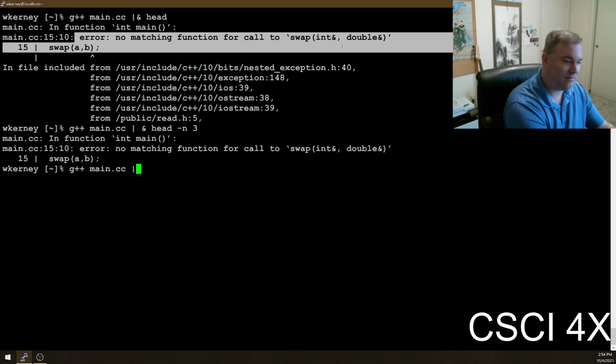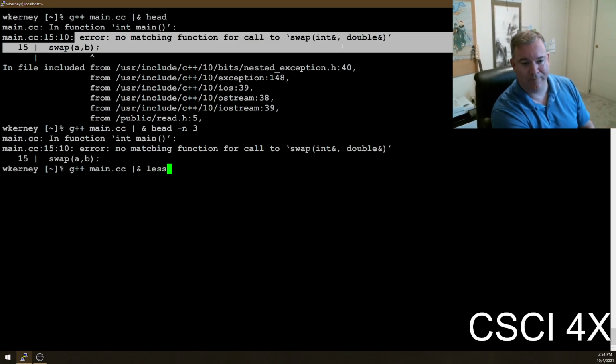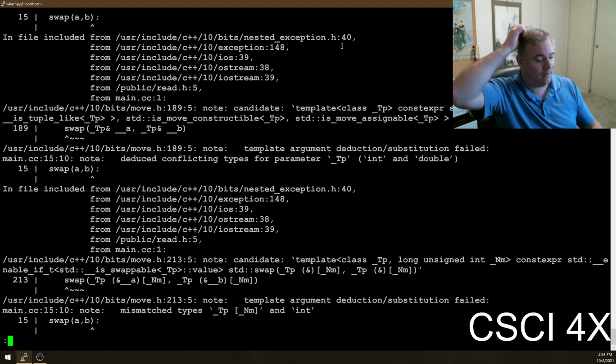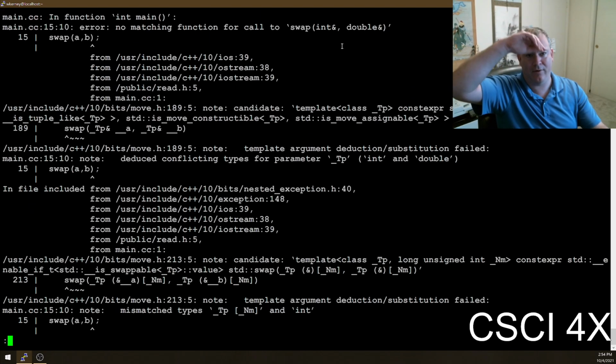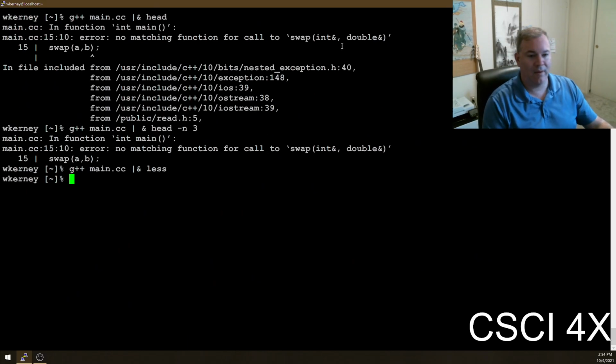Another very common thing is to pipe the results through less or more, but more is less. They basically work the same way. Less is a little bit better than more, and then you can scroll up and down through the error messages. So more and less are both things called paginators. They take a ton of text and display it one page at a time.